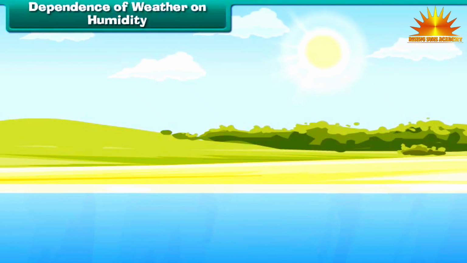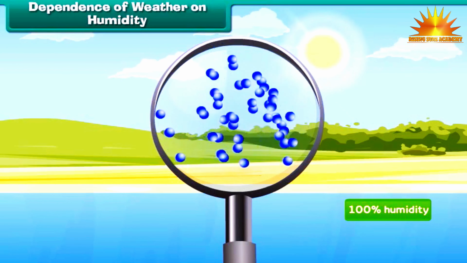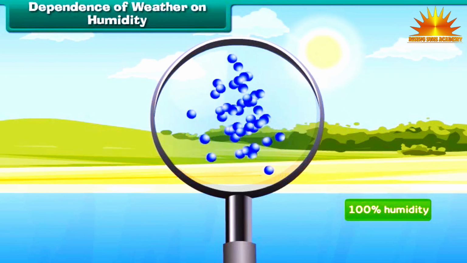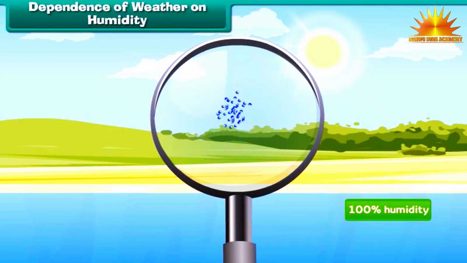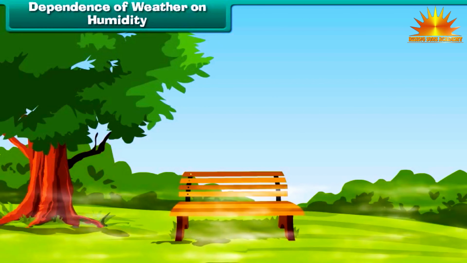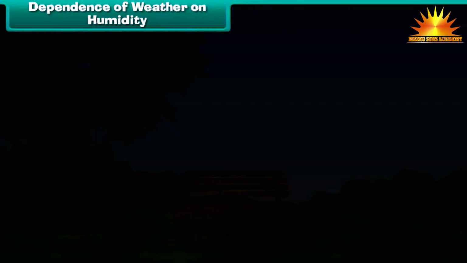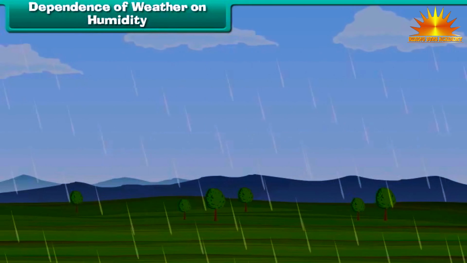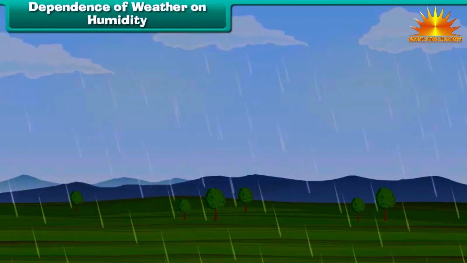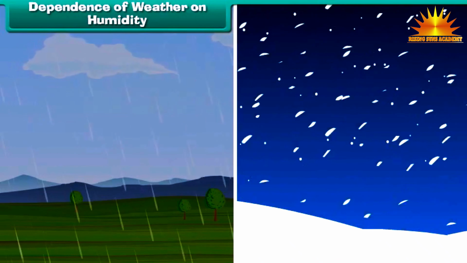When the humidity in the air reaches nearly 100%, the air can't hold too much vapor, and if the temperature falls at that place, water vapors return to their original liquid state. As the condensation happens close to the ground, mist and fog are produced. And very high up in the atmosphere, clouds are formed. Eventually, water from the clouds returns back to the earth in the form of rain, snow, or hail.